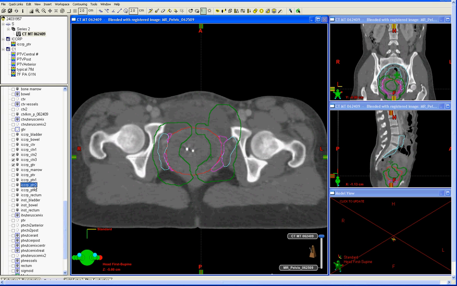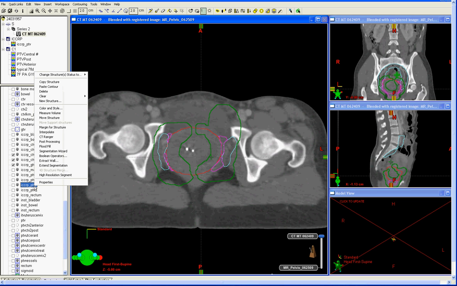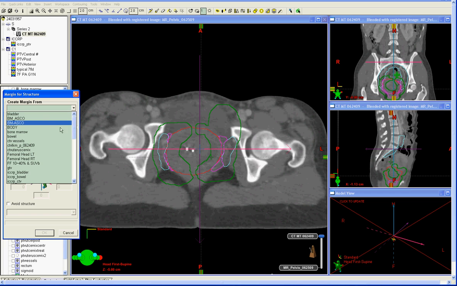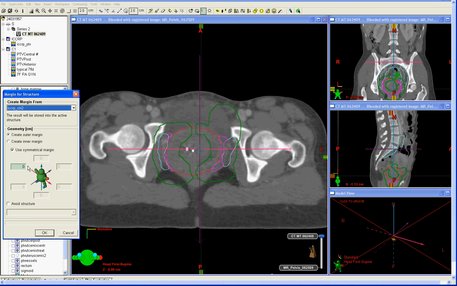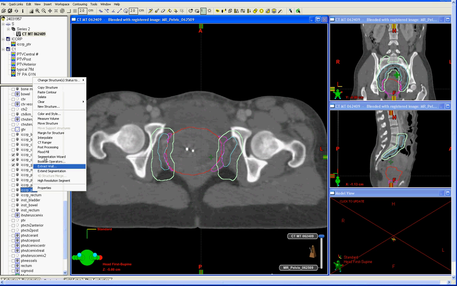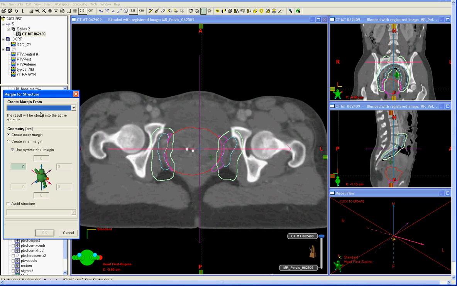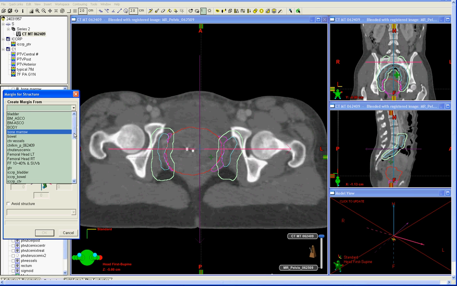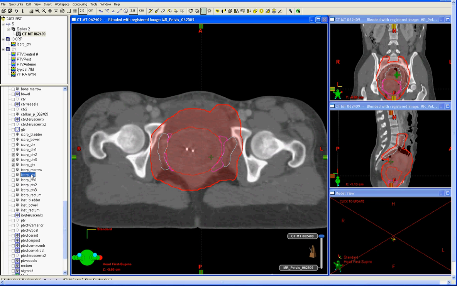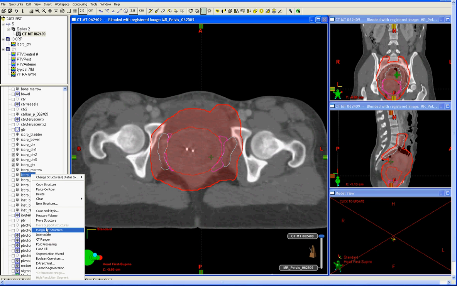The PTV2 should consist of a 10 millimeter margin around CTV2, and PTV3 should consist of a 7 millimeter margin around CTV3, like so, and these can be merged together